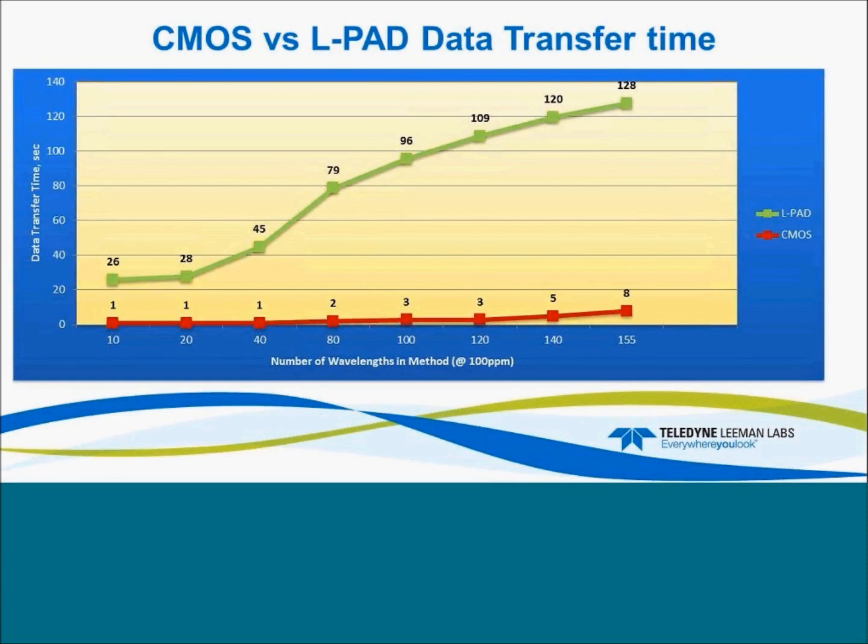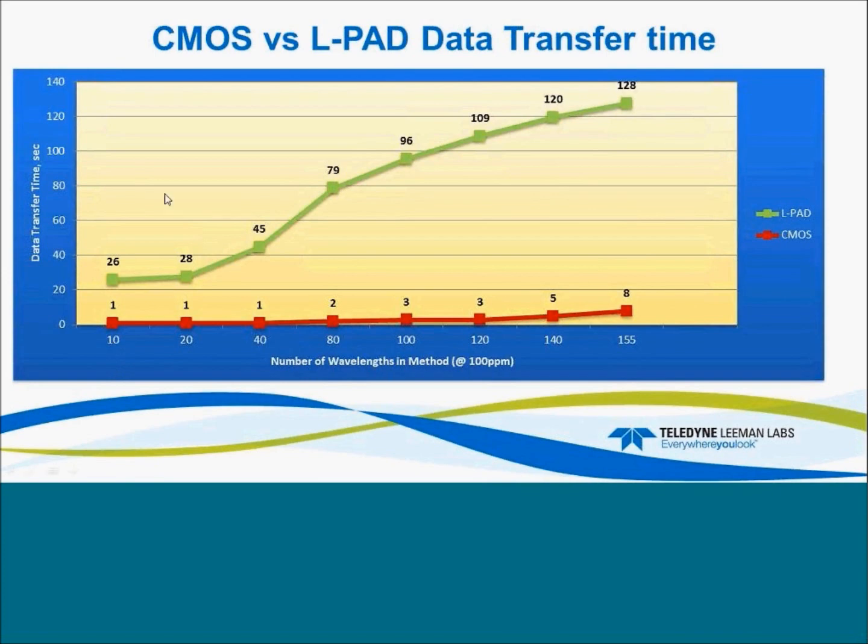Another comparison is data transfer time. In this plot, what we did is we created a method of some number of wavelengths, and you can see the number of wavelengths on the x-axis here. All the wavelengths in the method were at 100 ppm. We wanted to make the detector do a lot of work and a lot of clearing of subarrays. So if we look at the LPAD, if we put 10 wavelengths in there at 100 ppm,